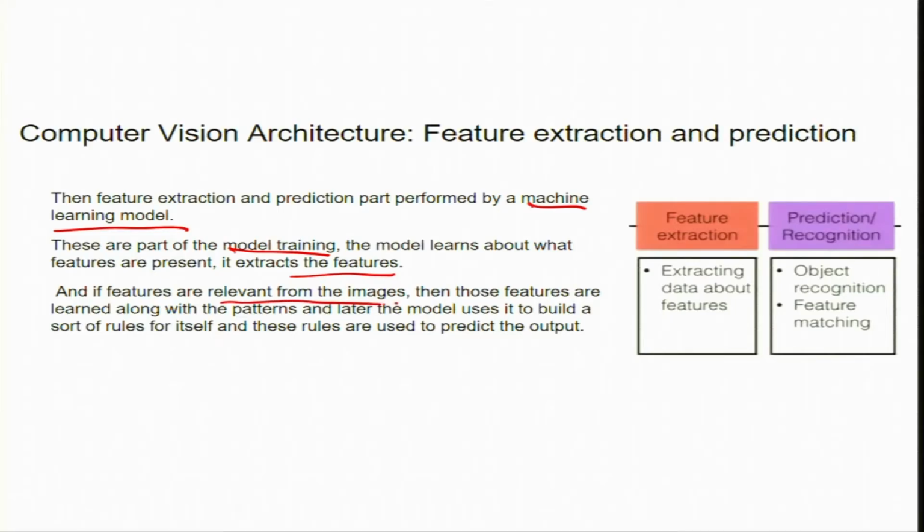And if the features are relevant in the images, then those features are learned through the pattern, and later the model uses them to build a sort of rules for itself, and these rules are then used to do the predictions when a new data set is given. So, this part, feature extraction, is a part of a machine learning algorithm. Similarly, prediction and recognition is the inferencing part. After the training, the model will do this kind of recognition, that is object recognition. So, feature extraction is used during the training process,